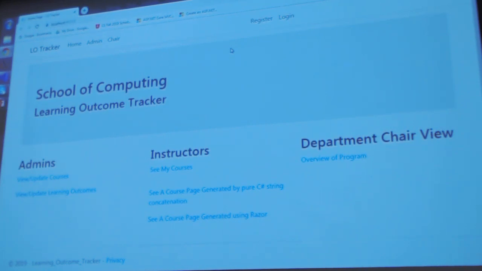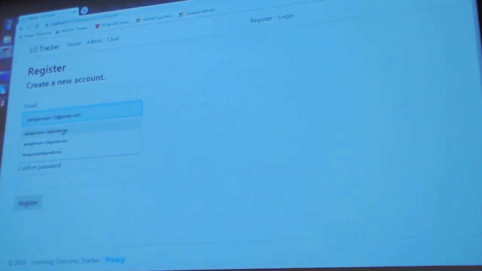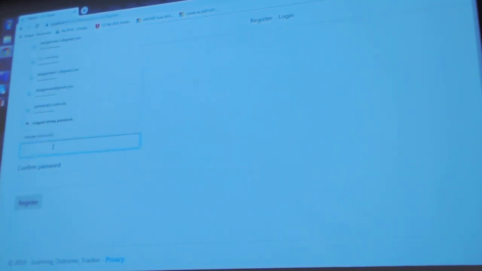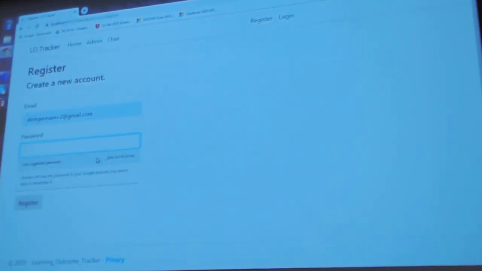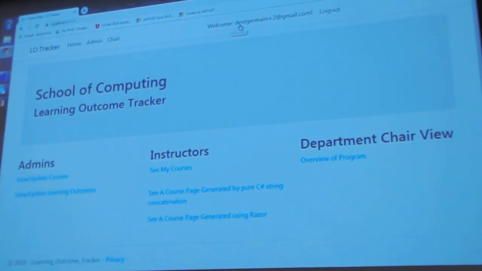Okay, so here's my program. If I did everything right, I have users, I have roles, and I can register users. So we will add this email, and we will create a strong password, and we will register, and I will save that password. And looky there, welcome,